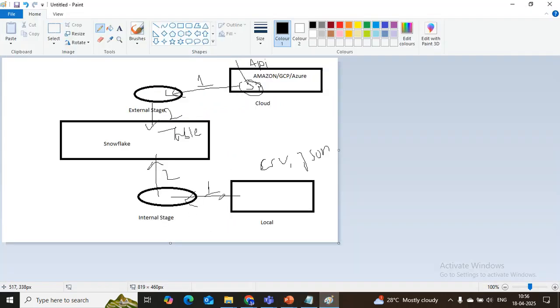सो ये कॉन्सेप्ट को स्नोफ्लैक में समझने के लिए अभी मैंने ओवरऑल एक आइडिया दे दिया कि कैसे इसको लोड करते हैं। तो लोकल से हमारा डेटा इंटरनल स्टेज में आता है, ठीक है। इंटरनल स्टेज से टेबल, उसके बाद हम स्नोफ्लैक टेबल्स के अंदर डेटा को रखते हैं। वे हाउ वी आर कीपिंग द डेटा इनटू द स्नोफ्लैक, आइदर इन द फॉर्म ऑफ टेबल और आइदर इन द फॉर्म ऑफ व्यू, और मैक्सिमम व्यू में ही रखते हैं, बिकॉज व्यू इज अ वर्चुअल टेबल, इट्स अ रिलाई ऑन अ टेबल इटसेल्फ ओनली।